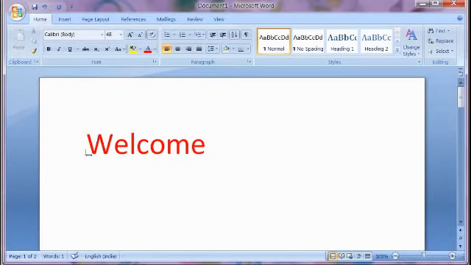In one press I want to bring the cursor to the beginning of the word with the help of the Home key. Okay, very good. Now you can ask me, how can we bring the cursor to the end of the line? Yes, with the help of the End key. To bring the cursor immediately to the beginning or end of the line we can use Home and End, but step by step movement with the help of right arrow, left arrow, up arrow or down arrow is also possible.